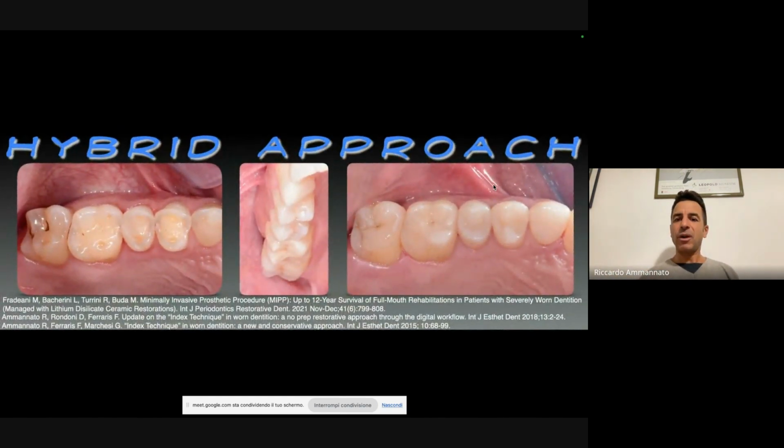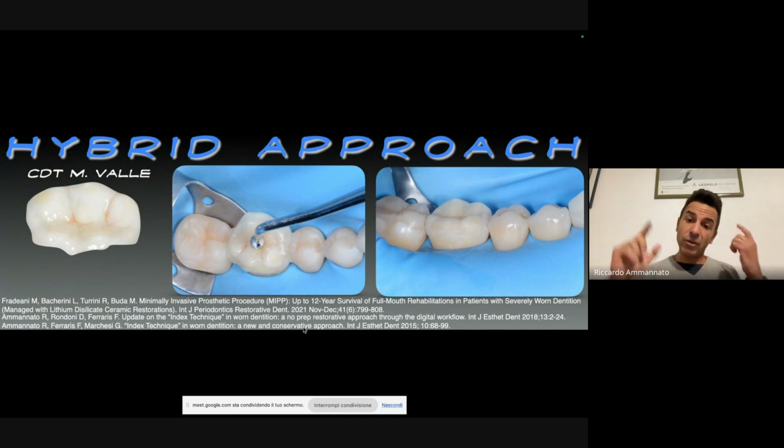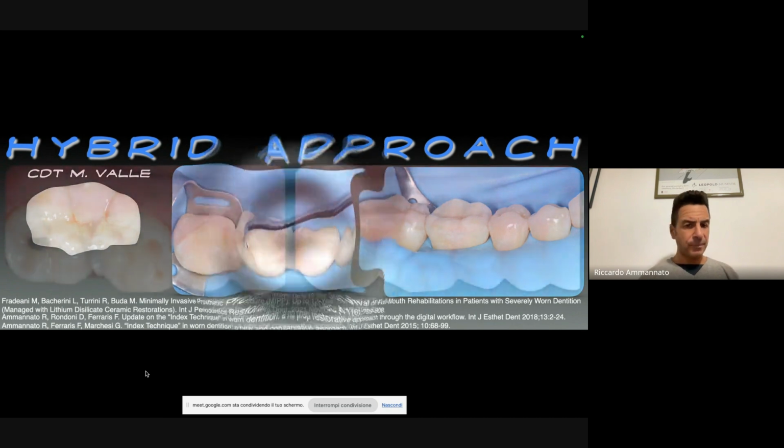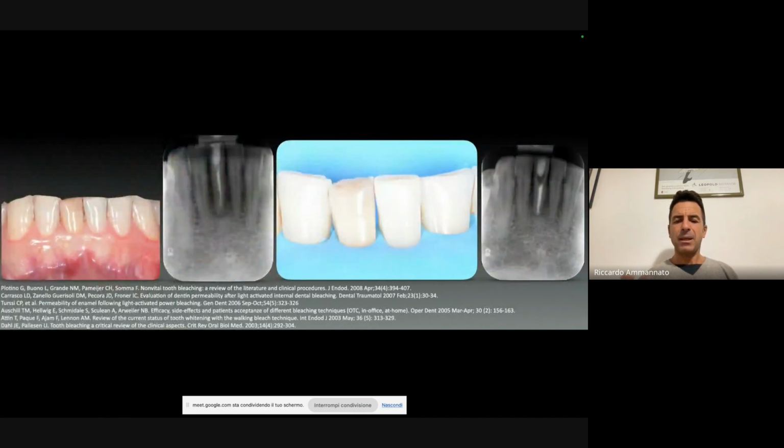And you see before and after in this situation. So the same procedure was also managed on the lower and on the other side. So we see the free molding with the single index technique, 1, 2, 3, and this is the cementation of the onlay, and we see before and after the free moldings and the onlay. Then we step on the anterior.